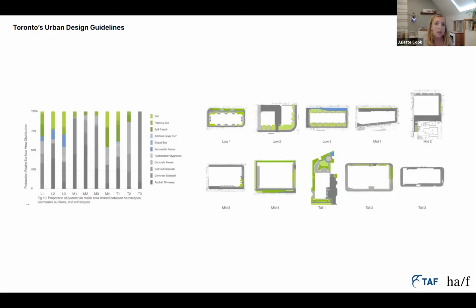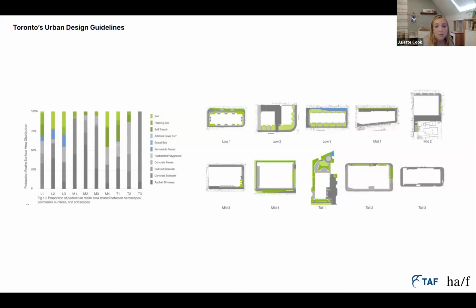And when we get to the public realm, we conducted the analysis of all the public spaces for the 10 projects. In some cases, these were in the site, so we're calling them pedestrian realm, as they're not always totally public. But we wanted to determine the percentage distribution of impermeable, permeable, and vegetated areas in each, here denoted by the different colors that we're seeing on the graph.